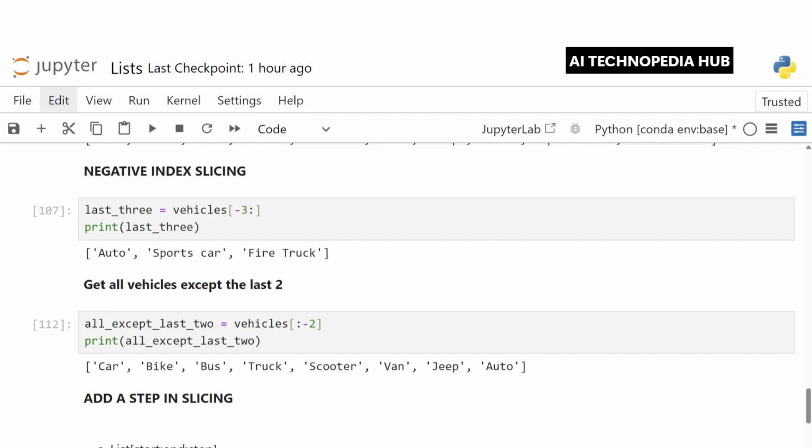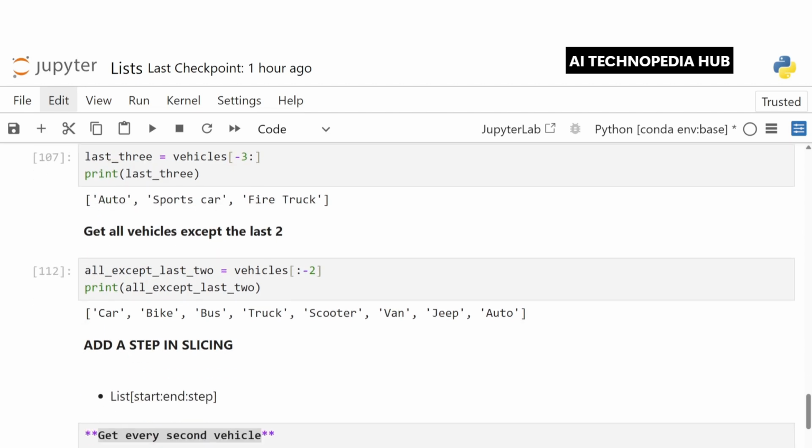Now if we want to get all the vehicles except the last 2, we write all_except_last_2 equals vehicles[:-2]. So here we get all the vehicles except the last 2: car, bike, bus, truck, scooter, van, jeep, auto, but excluding the last 2.